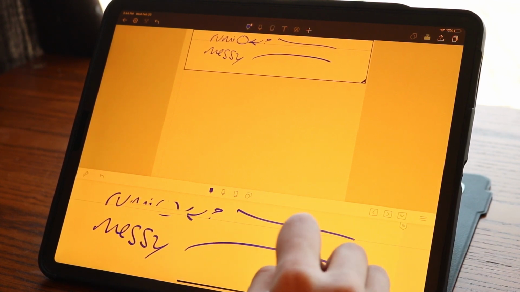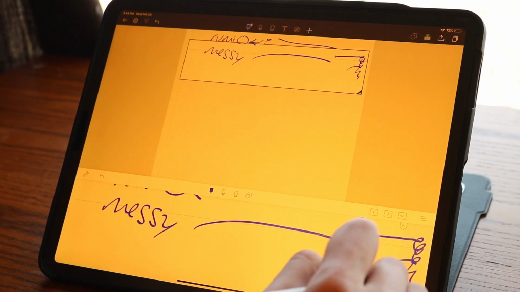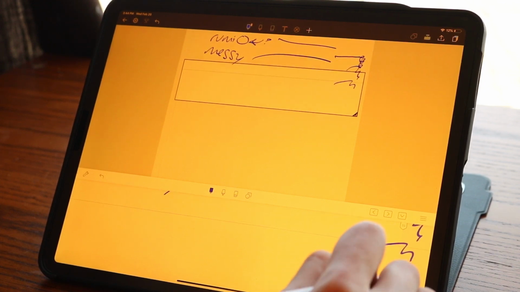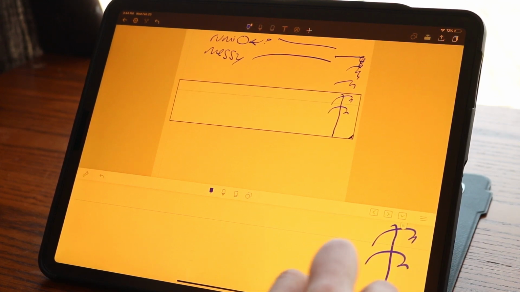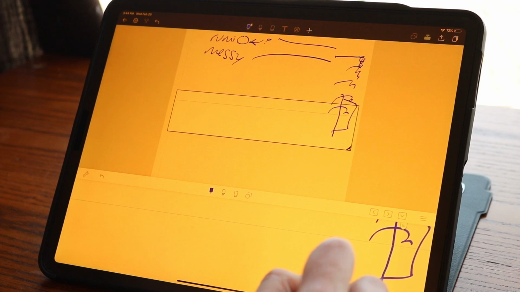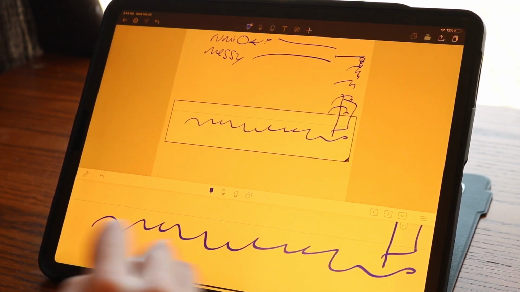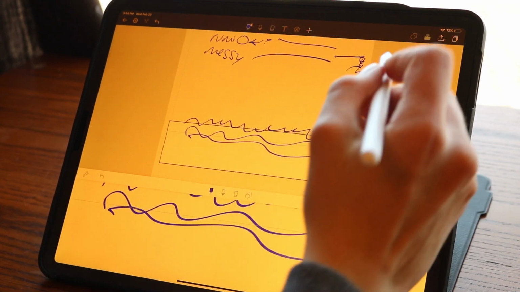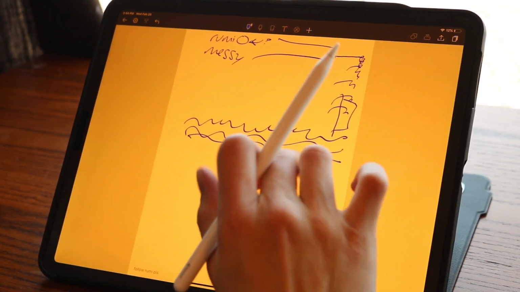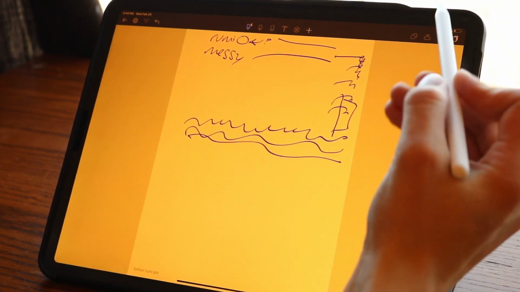Okay, now what happens when I go like this? If I draw in this box, it'll just shift me down. There's like a little blue box right here that if I draw in it, it'll just shift me down a little bit so I can write, and then it'll pop it down and I can write some more, pop, write. You get the picture. Cool, so now we have this salty page of myself saying okay and messy,